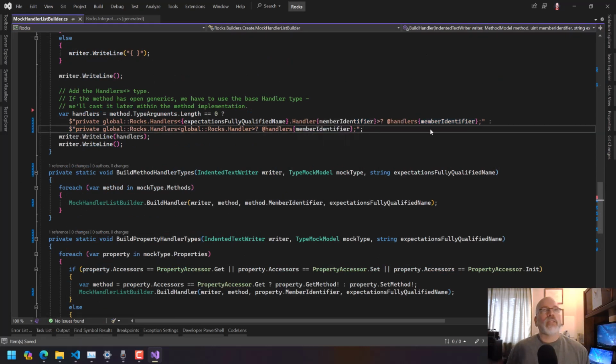There we go. And again, this is just setting in my head that I have to do something with a property to say, what is the getter, what is the setter, and what is the init, and then those have their own member identifiers. I think that's going to make things so much easier to handle throughout the code. In fact,